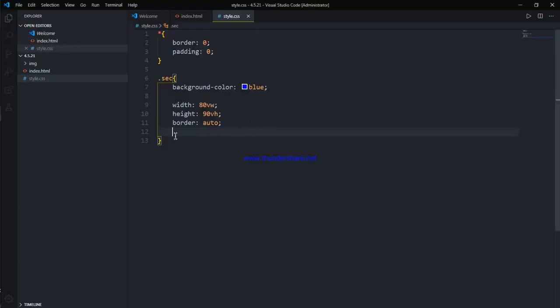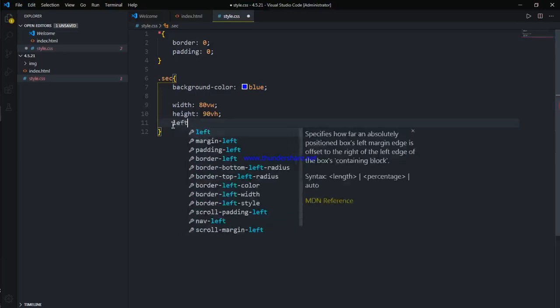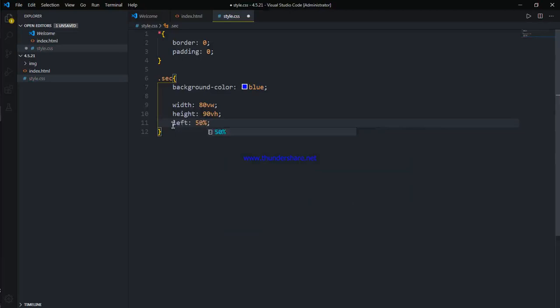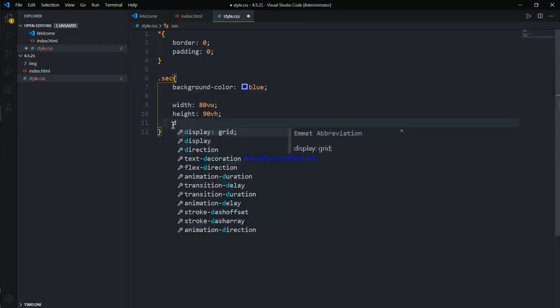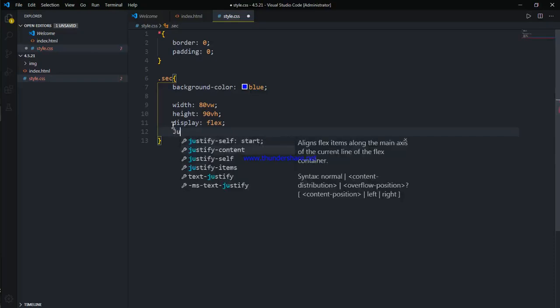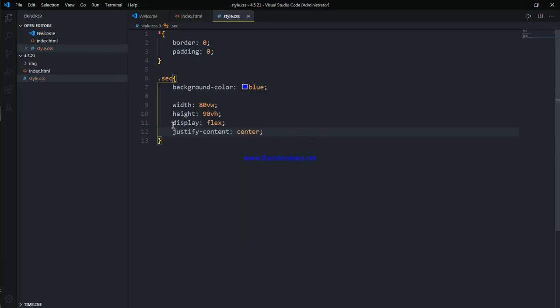We can use another approach, that is left 50%, or display flex, place content center, justify content center.